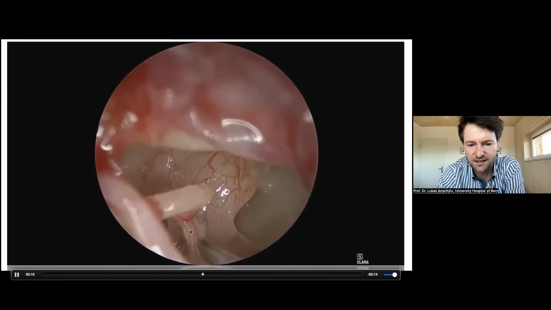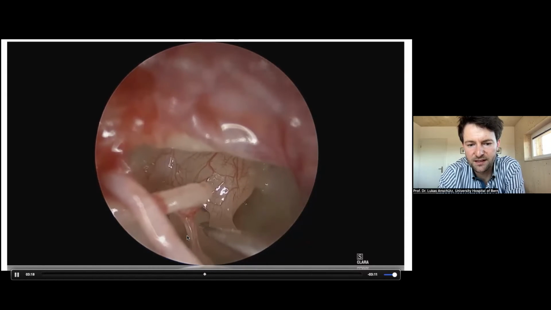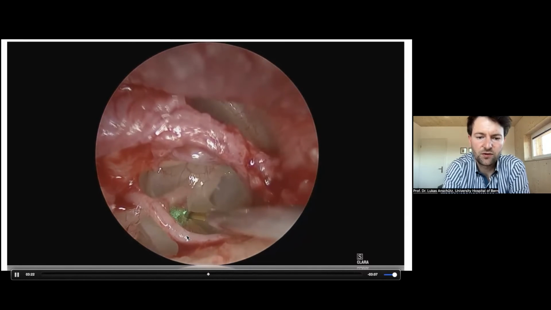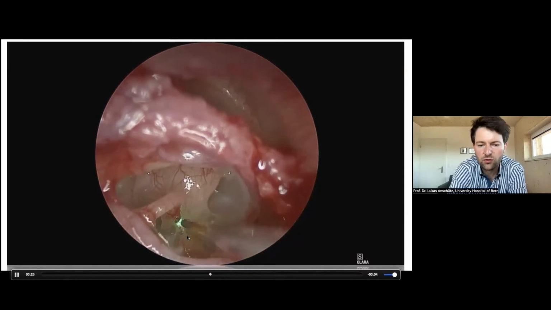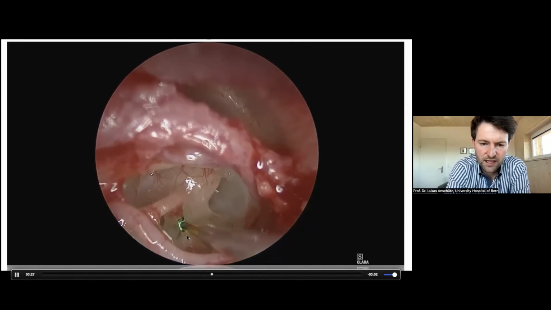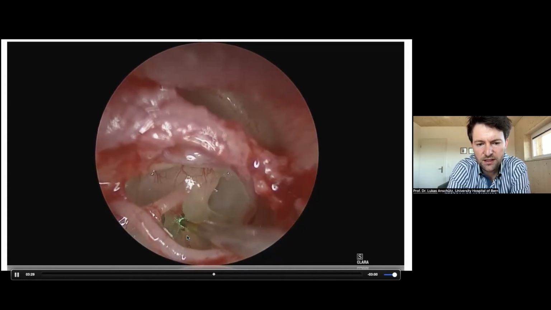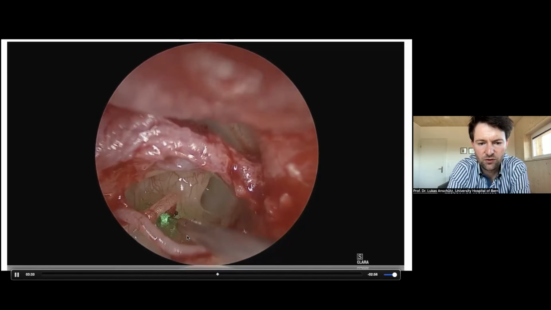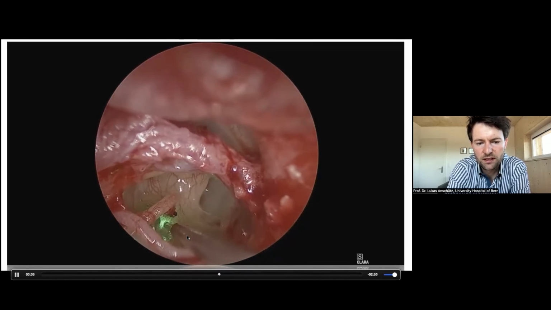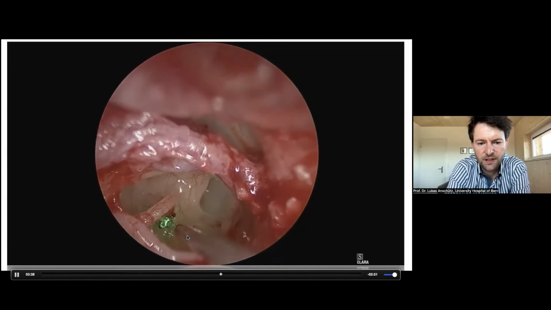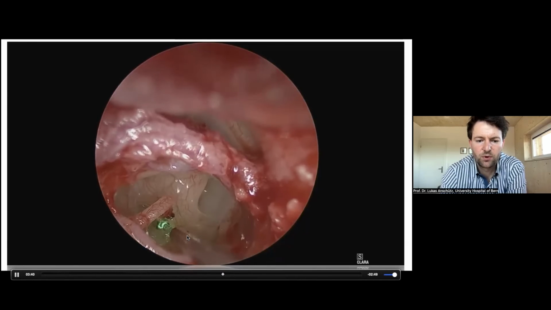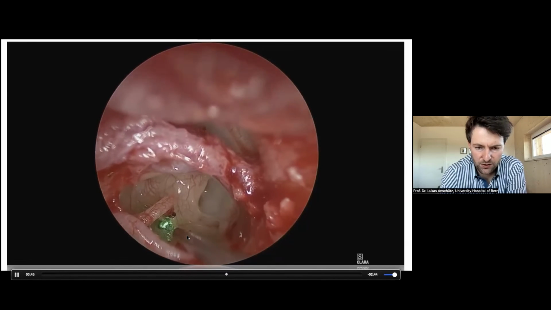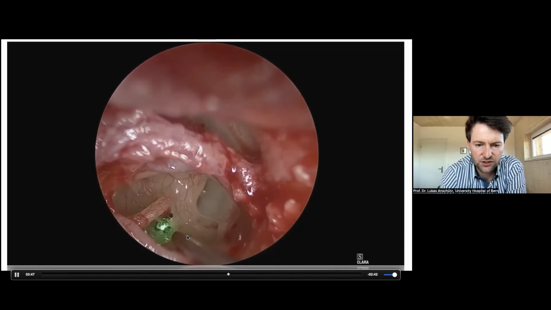The tendon is moving, of course, and the stapes not. Here I use a diode laser. You can also use only cold instruments, but I use a diode laser here to cut through the tendon. And you can use the diode laser also to cut the posterior crus. Here you can see, you can cut the bone using the laser. You can also do it with a micro drill or some crura scissors.